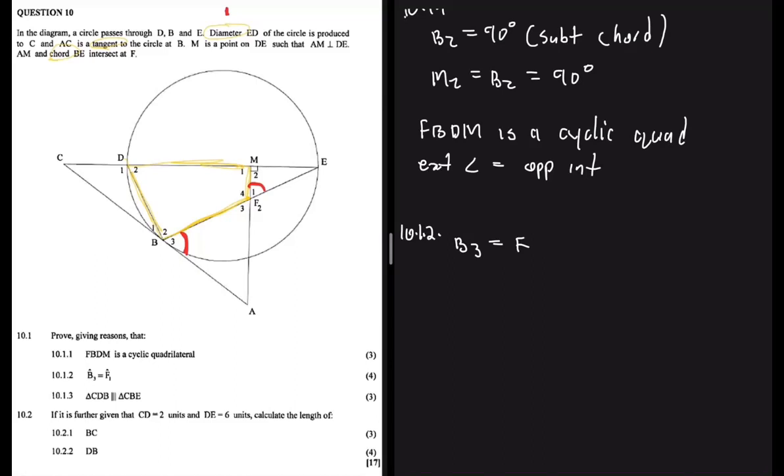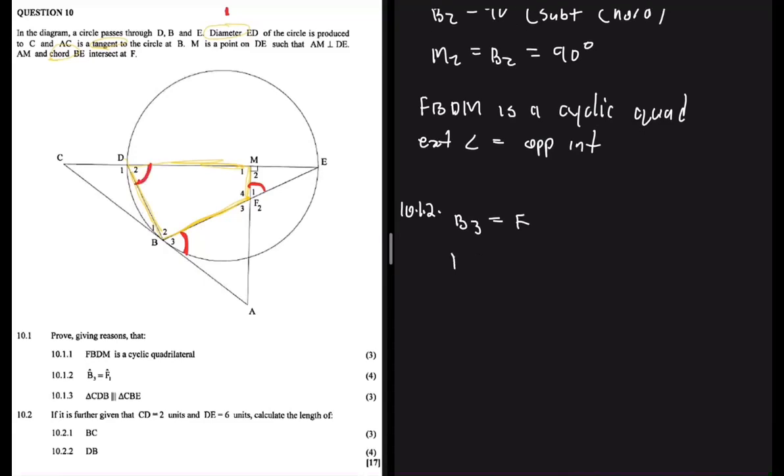So let's move forward and use the next keyword, which is tangent. We are told that the tangent is AC, right? So if AC is a tangent, then B3 is equal to D2, right? B3 is equal to D2. So up to so far, we can just state that B3 is equal to D2 because of the tan-chord theorem,